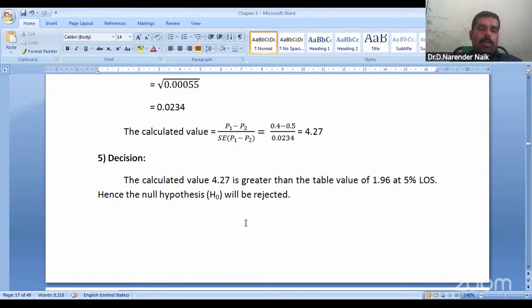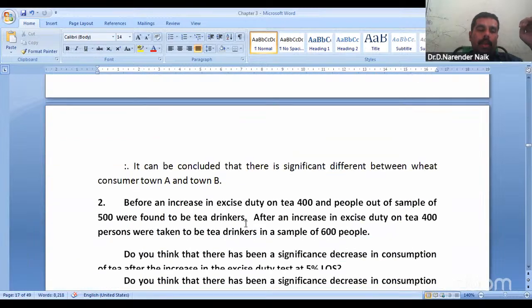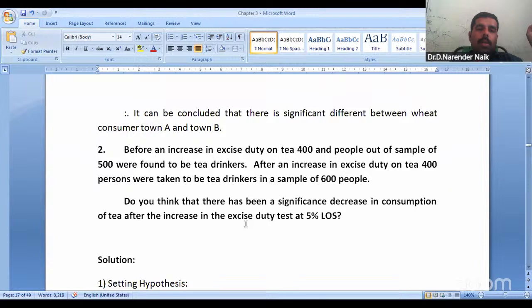So the decision: the calculated value 4.27 is greater than the table value of 1.96 at 5% level of significance. Hence the null hypothesis H0 will be rejected. So in this way, you have to write. Then the small conclusion: it can be concluded there is a significant